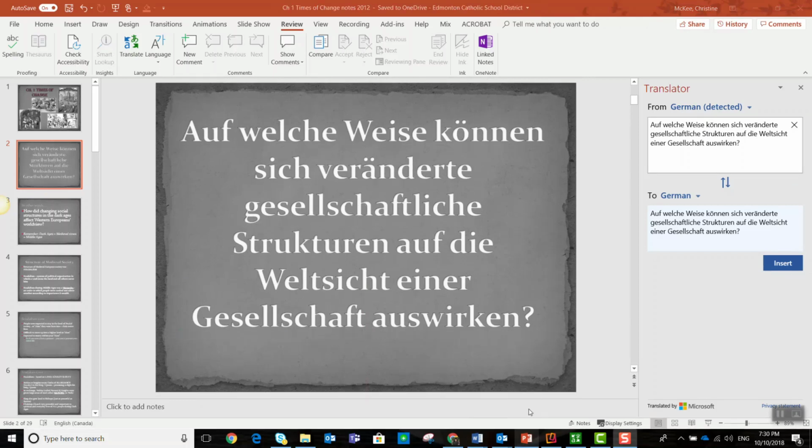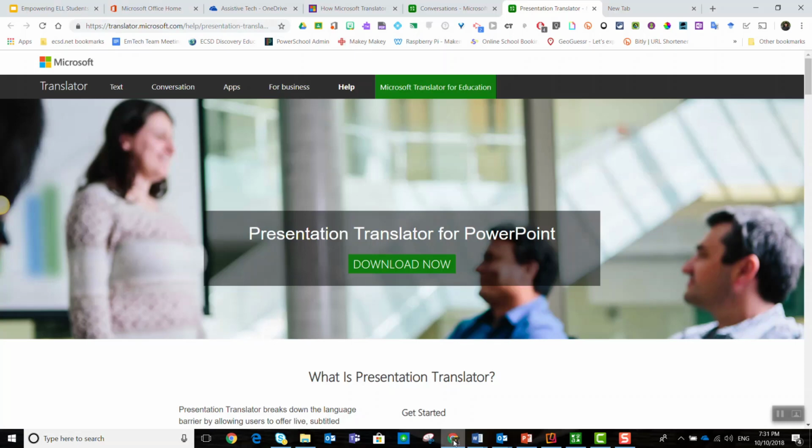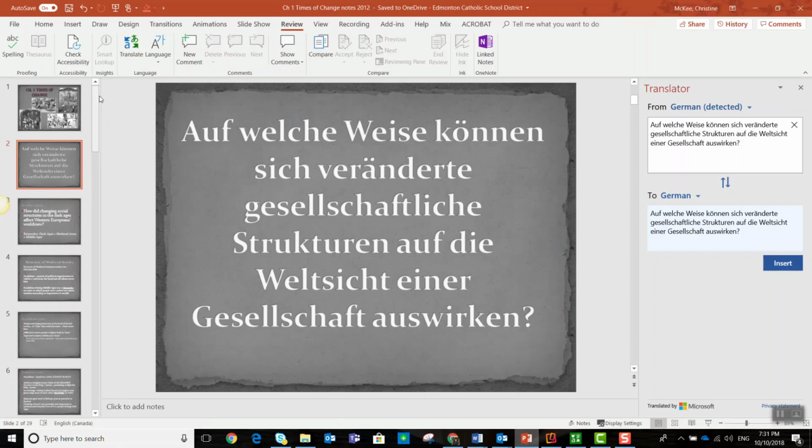One thing to note is that the Translate feature in PowerPoint only allows you to translate sections of selected text. If you want to be able to translate an entire PowerPoint, you need to download the Presentation Translator for PowerPoint app found at translator.microsoft.com. Again, that's translator.microsoft.com. Once you've downloaded the Presentation Translator for PowerPoint and you've restarted PowerPoint, you go to Slideshow in your menu bar,